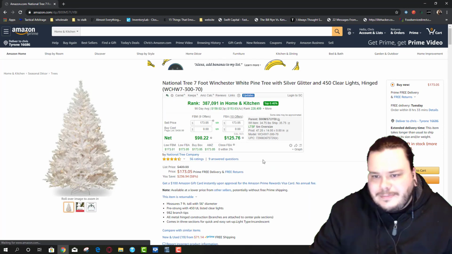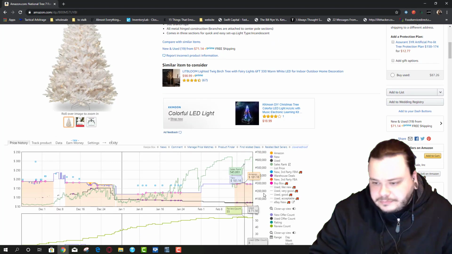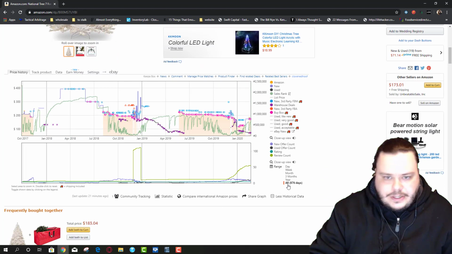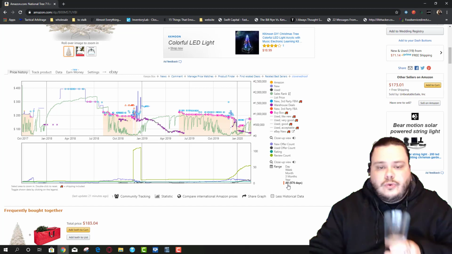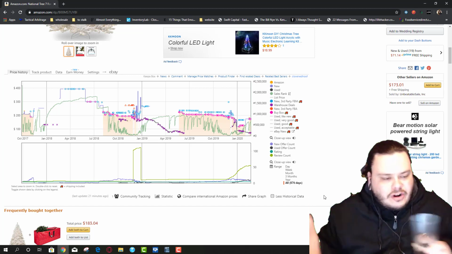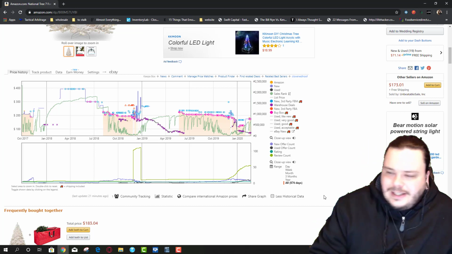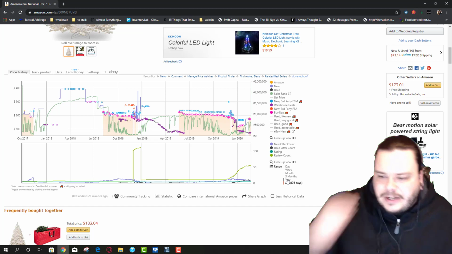Christmas tree. I had this myself because I wanted to do a very seasonal item. So let's look at this. This is like such a cool Keepa chart. You know what? I sound like such a nerd. I'm like, oh, this is a cool Keepa chart. This is really interesting. Somebody beat me up and steal my lunch money already.